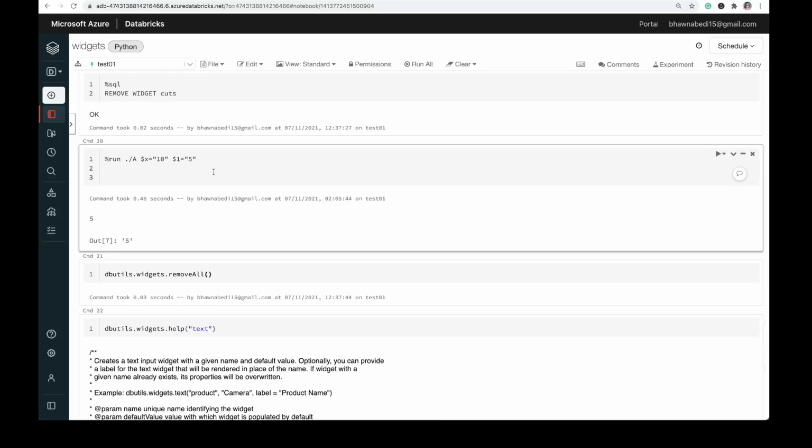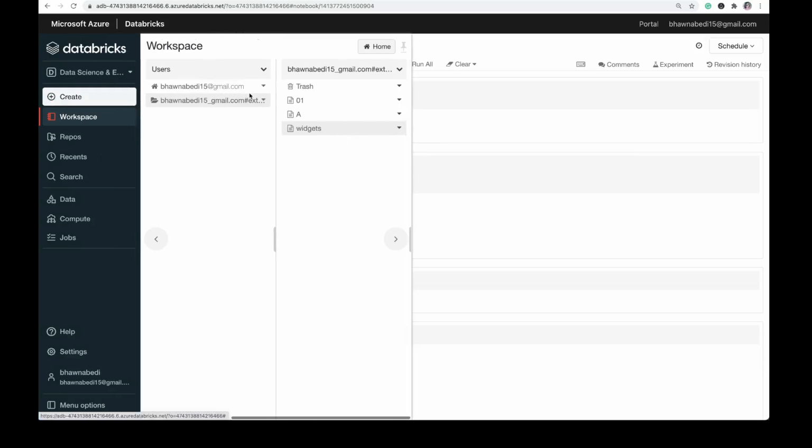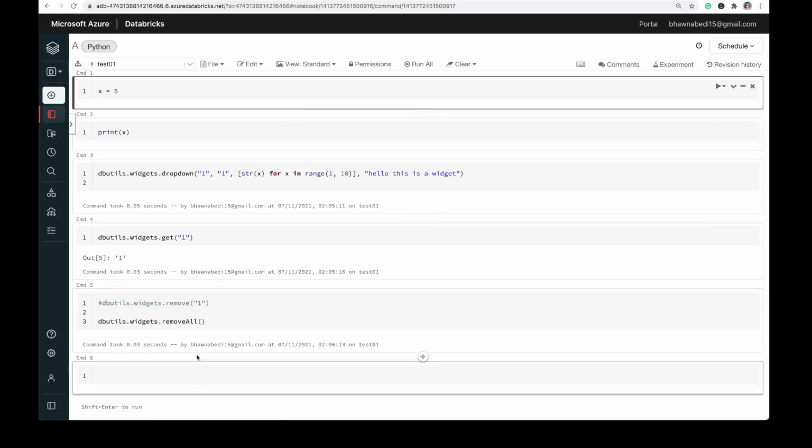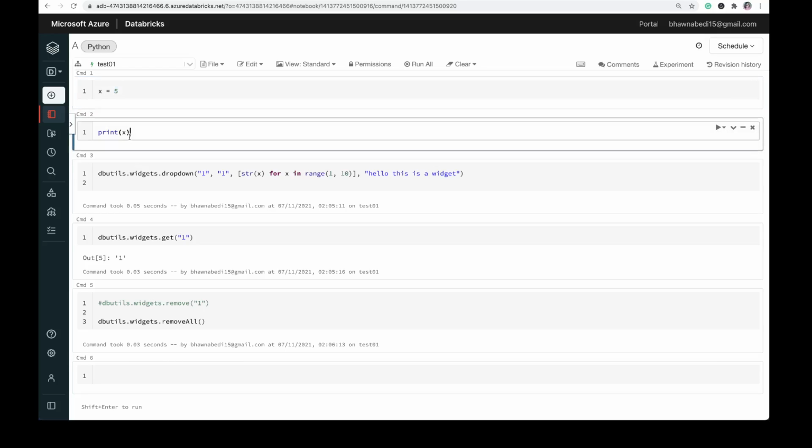Now there is one more very important thing that I would like to mention over here. Let's say you are running a different notebook, and you have parameters defined in that notebook. In fact, I'll show you in my workspace a simple notebook which I have prepared for this. You can see that I have a parameter defined as x equal to 5 over here, and then I'm doing a statement print x. I'm just printing that particular parameter. In a similar way, I have a drop down widget which has values in the range of 1 to 10, and then I'm trying to get the value of that widget over here.